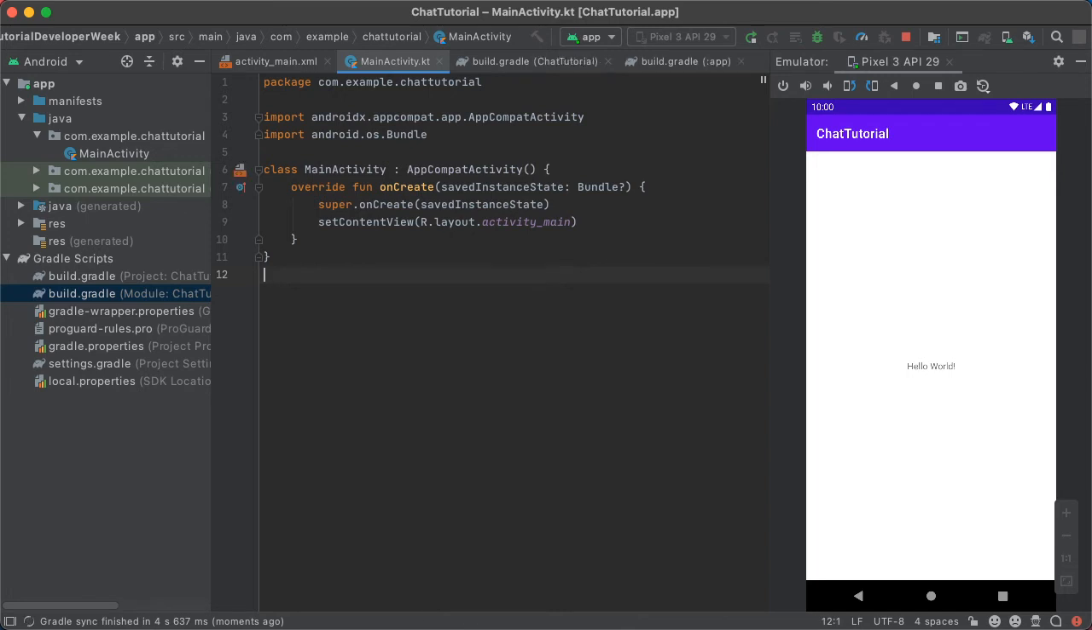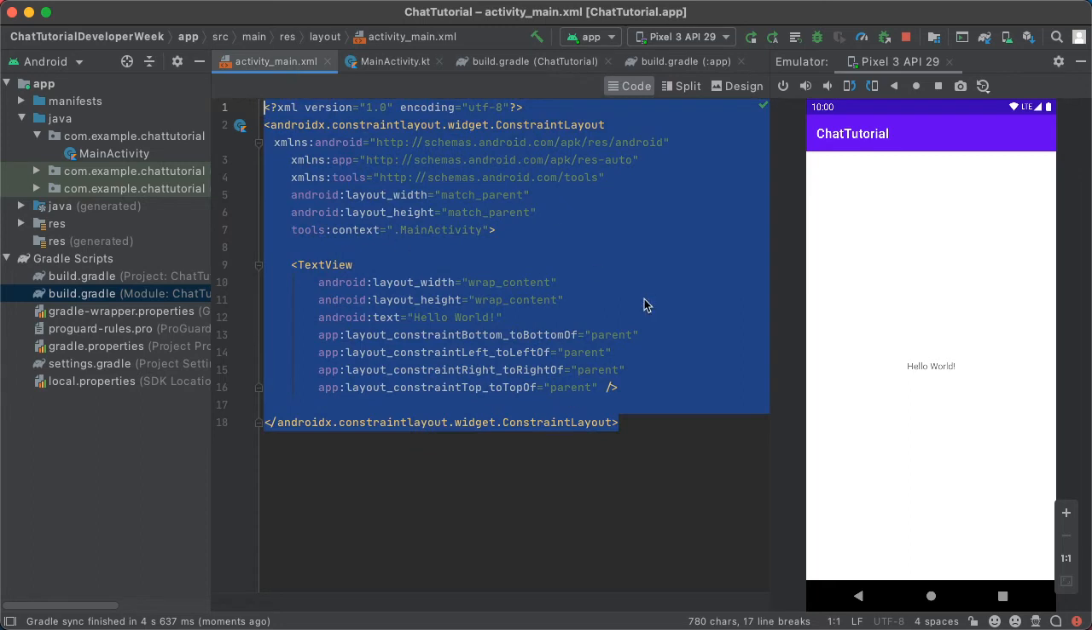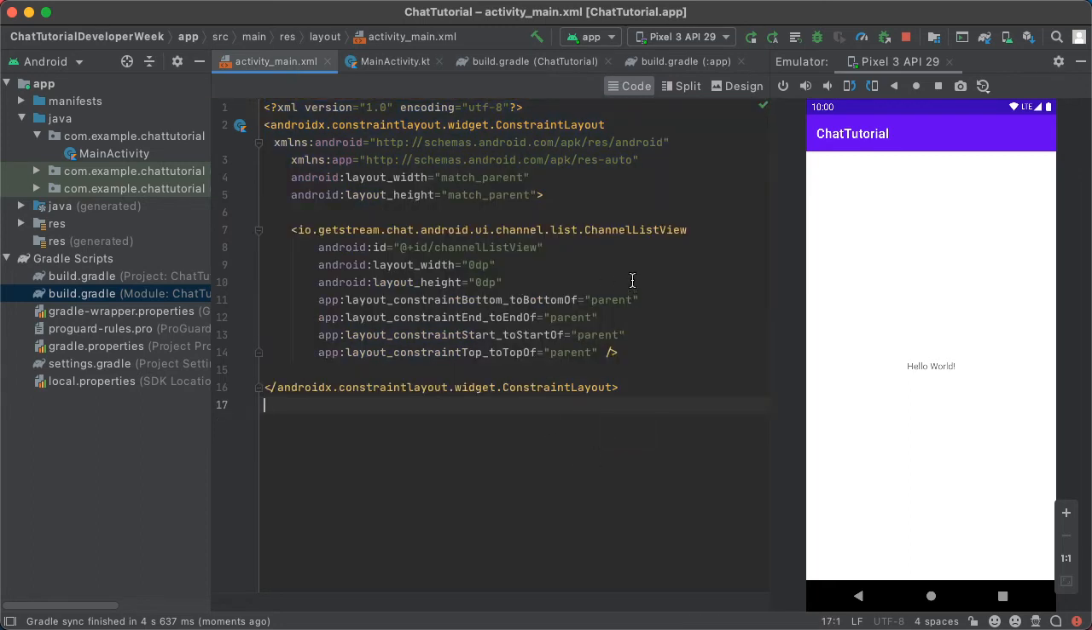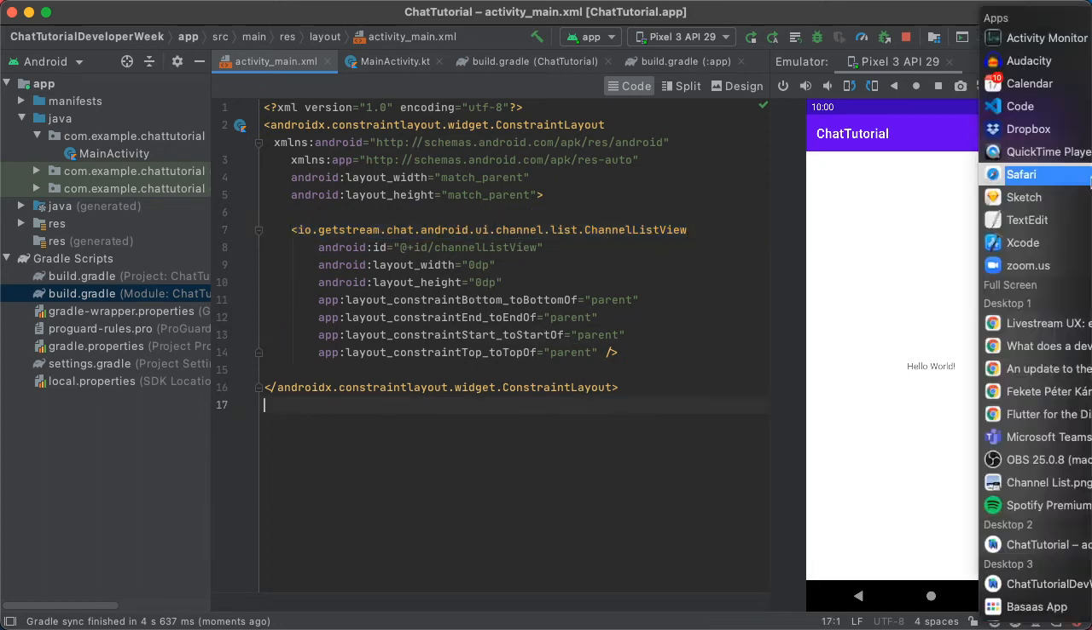I'm going to create 2 screens here. The first one is going to list the available channels to chat in, and then we're going to navigate to a new screen whenever someone opens a chat and display the actual chat interface. To do this, I'll go into the layout for main activity and I'll replace its contents with the following, where I'm just adding a channel list view from our Android library,